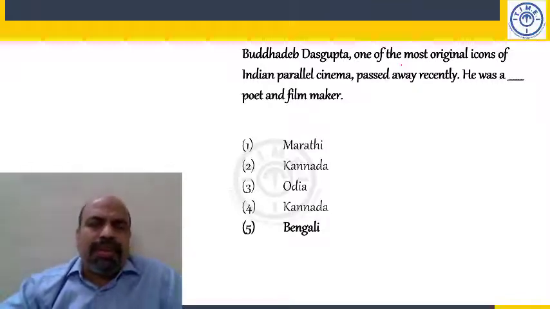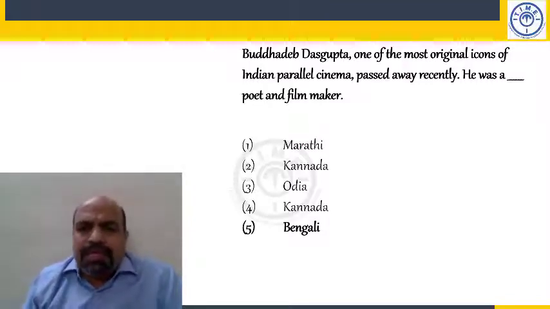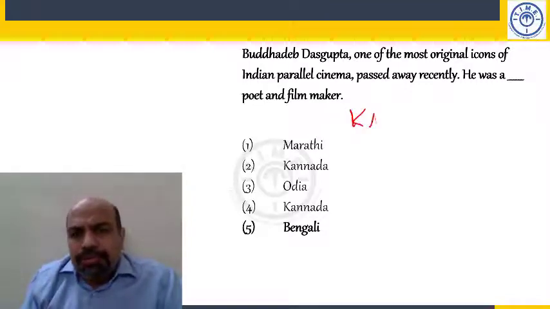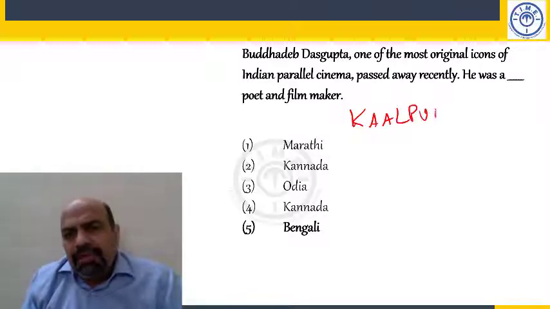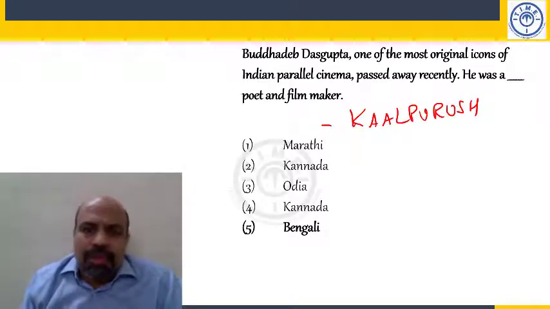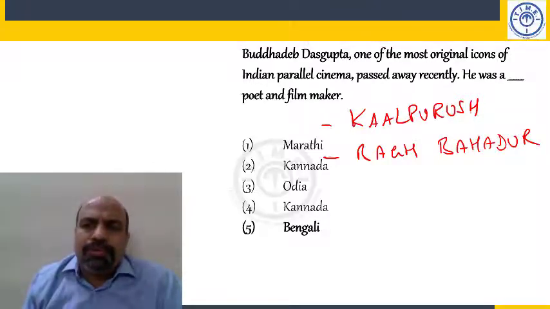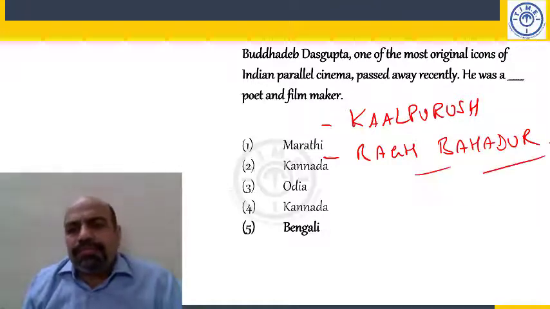Five of his films had won the national award, and I remember one film starring Mithun Chakrabarti, Kal Purush, because this is the only film of his I have watched. It stars Rahul Bose also. There is another movie which won the national award, Bagh Bahadur. So 2 films you could write, Kal Purush and Bagh Bahadur.